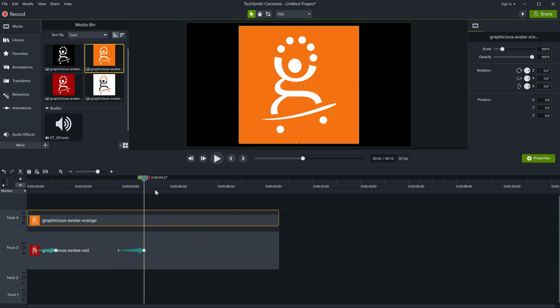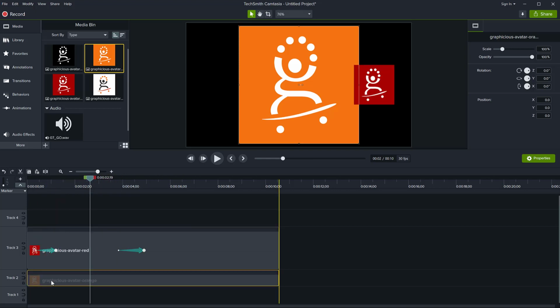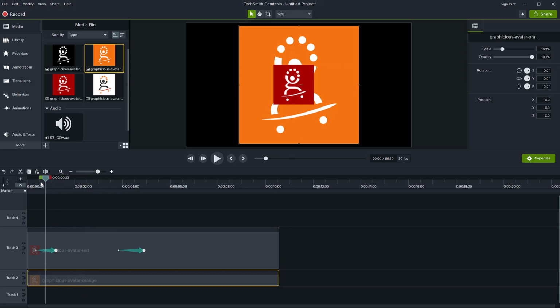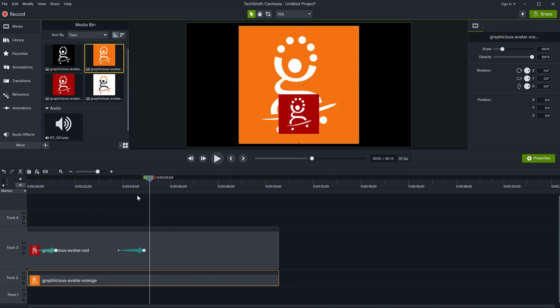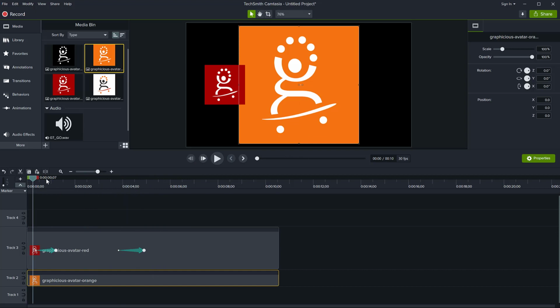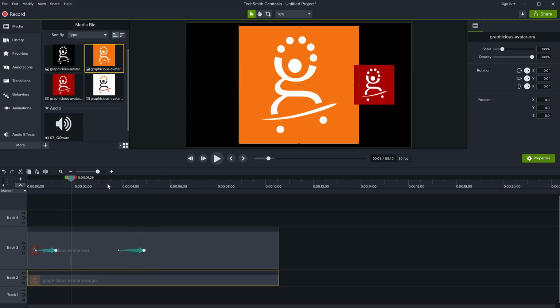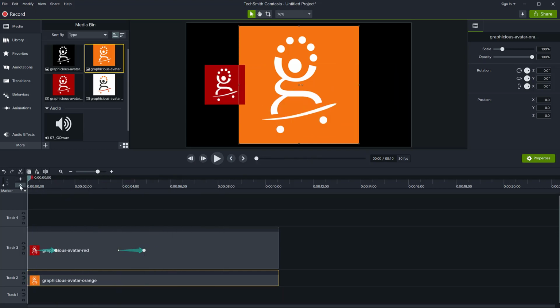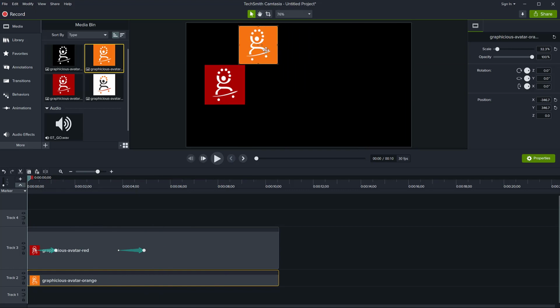So you can see now the red one is moving behind it because this one is at the top. Let's put this one at the bottom there so that the red one moves on top of it. So you can still see the red one is doing the animation, but the orange one is not. I want to make this one the same size as the red one. So I'm going to just place it here just for an example.